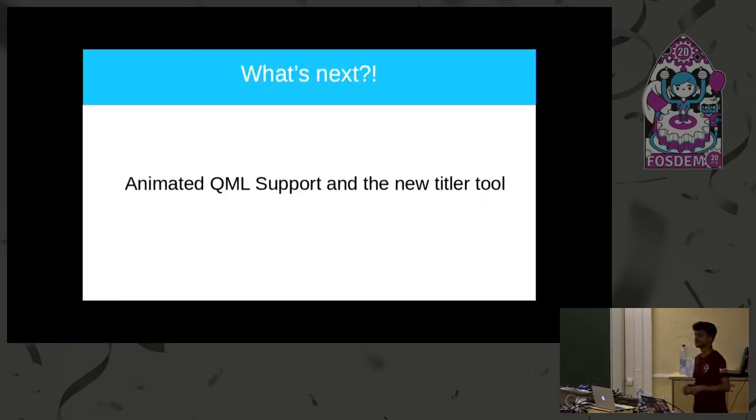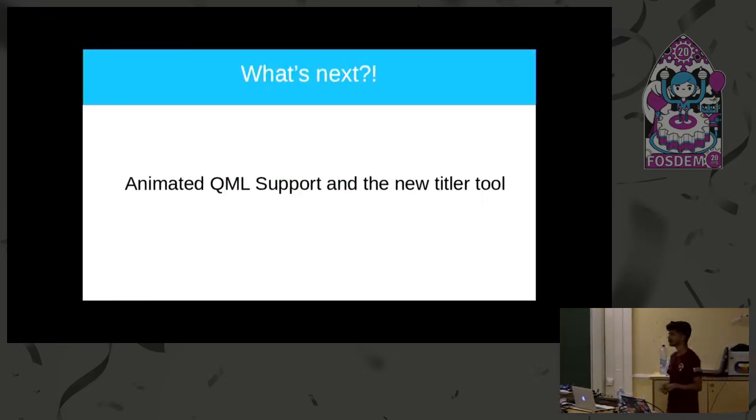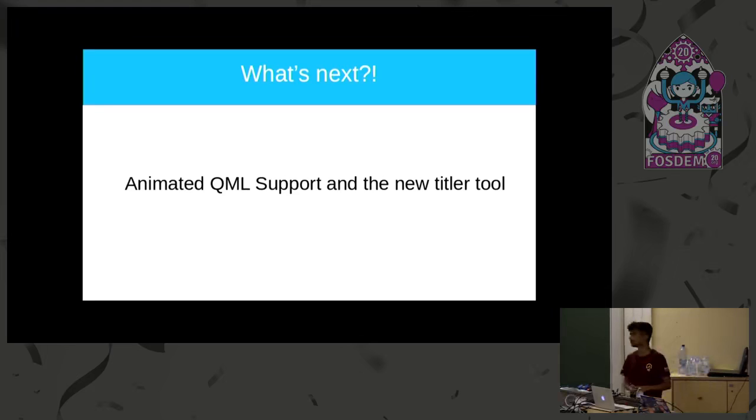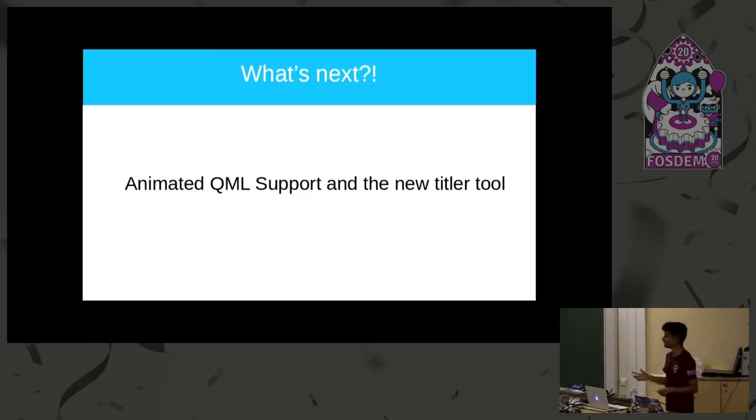So, as I said, we need animated QML support. That's an obvious requirement if we were to create a new titler tool in the future. Having animated QML is a requirement. Once we have that, and once we've completed the integration of the current producer and finished testing it completely with Kdenlive, because so far we're facing some issues with handling it in the timeline, and we'll be looking into that soon,